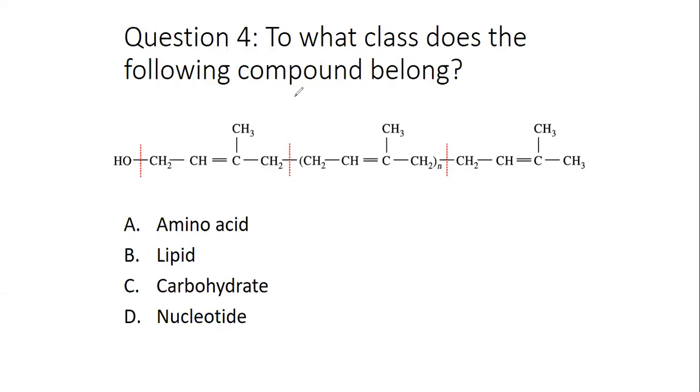So a lipid is going to be what we call aliphatic. I'm not sure if you remember that or learned that from organic chemistry. When I say aliphatic, that means it's just carbon, hydrogen, carbon, hydrogen, carbon, hydrogen, carbon, hydrogen. That's all this molecule is made of. And then it has a little baby polar group right at the head. So if your compound is a bunch of carbon and hydrogens, and you have a polar head group, then